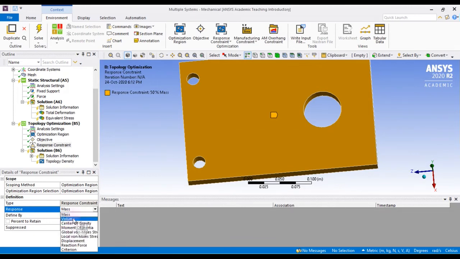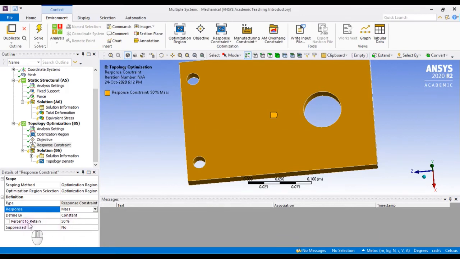Mass and volume are mostly the same. We go for volume only if there are different material properties, where I have to consider only volume. In this case, since you have only one material, the mass and volume are the same. Let me go for mass.